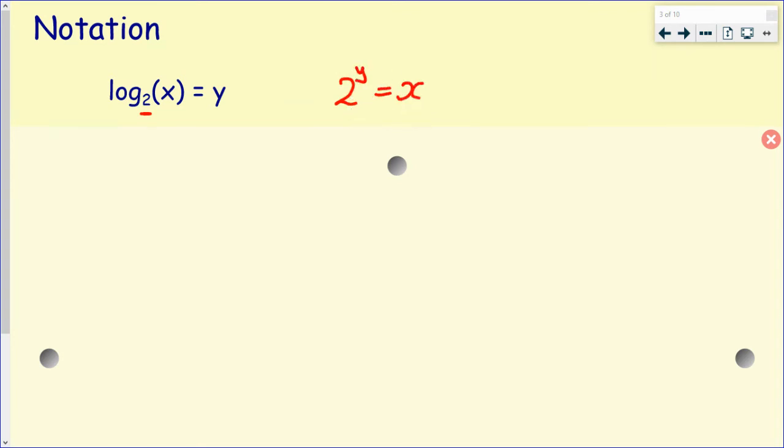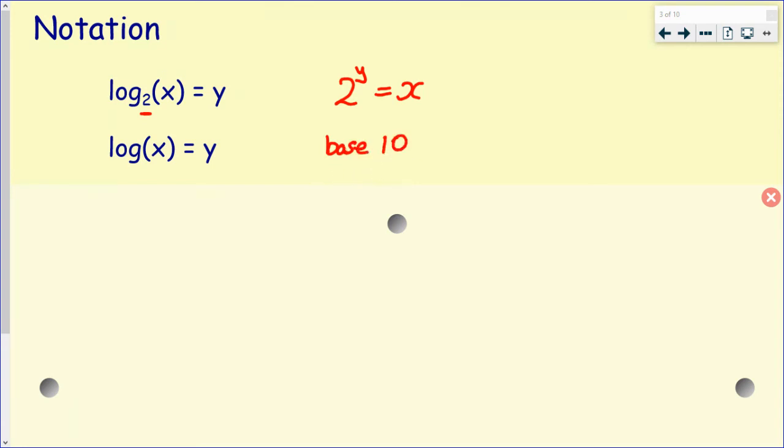Well, that's y. Okay. But you may see logarithms written without a base. Whenever it's without a base, it's always assumed to just be base 10. So in this case, this is saying, what power do I raise 10 to